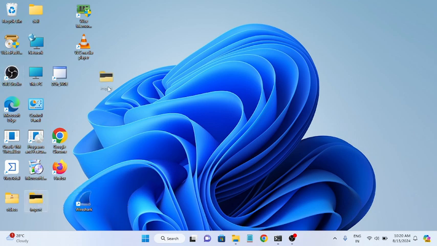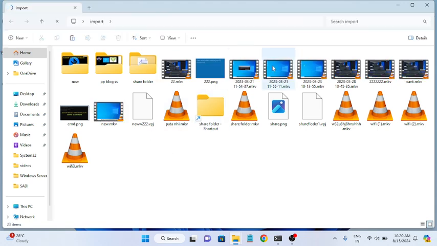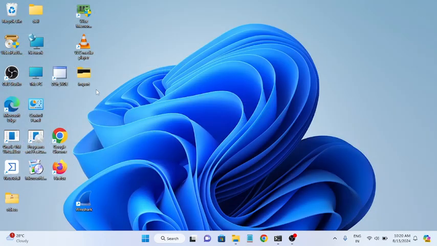So as you can see here, this is for testing purposes. I have made this folder, you can see here. If I want to make it a zip file, what you need to do is select the folder here. Let's say inside here there are many contents, okay, as you can see here. If you want to make it a zip folder, you need to right click on the selected item, right click over there,